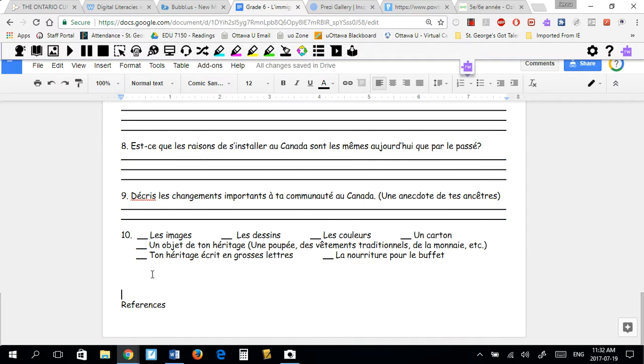I found this about this. Oh, I don't need to answer 8 and 9. That doesn't pertain to my question. It's a very flexible document. And it helps them to add their references as well.